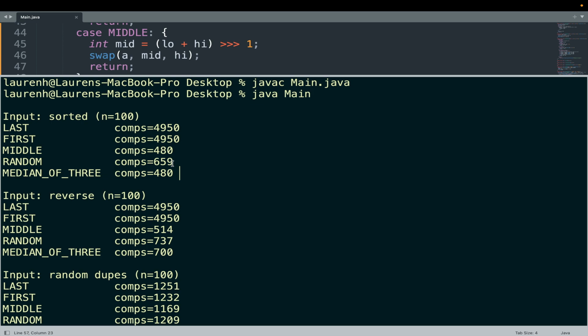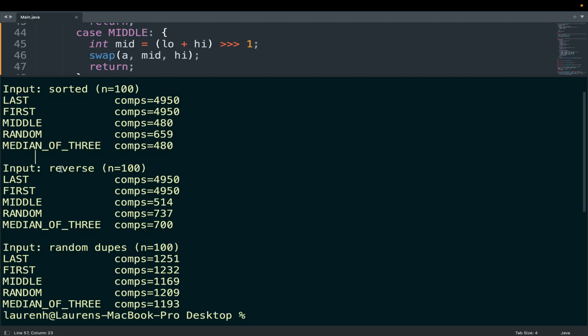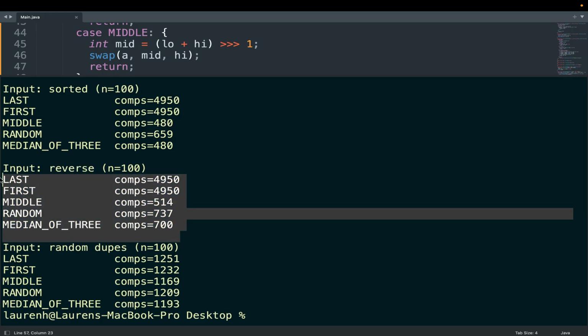This is because our partitions, as I showed in my example, become extremely skewed. We also see that the median of 3 and the random pivots usually avoid that bad luck that would happen. So we can see that these numbers are significantly lower at 480 and 659 over these comparison values at almost 5,000 each. Much like the sorted, the reverse sees very, very similar values, where unlike in insertion sort, where sorted